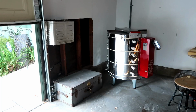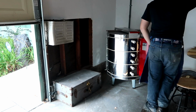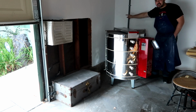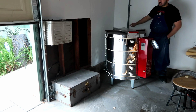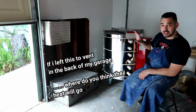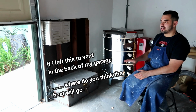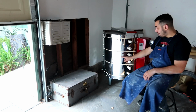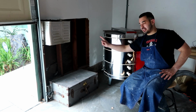You most likely can't see it, but it runs all the way up there and goes straight into some conduit, and the conduit comes right down here, which is as close as he could get to my door right here. I specifically requested him put it this close to the door because this honestly helps a lot with the venting. Number 1, if I ever want to run a vent from the bottom of my kiln directly outside, I can